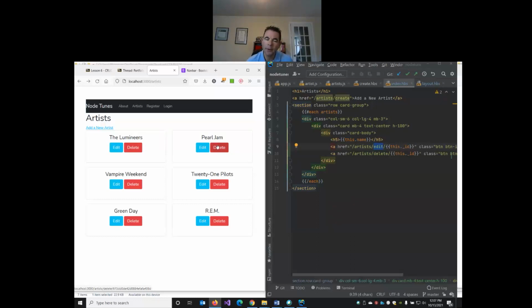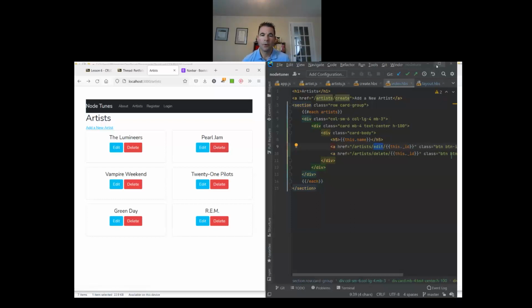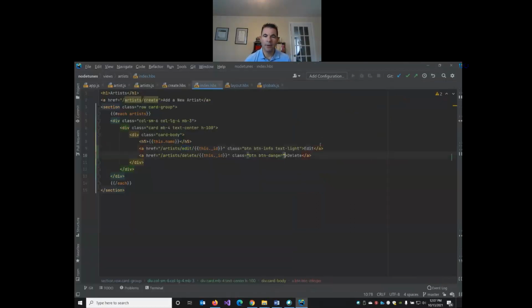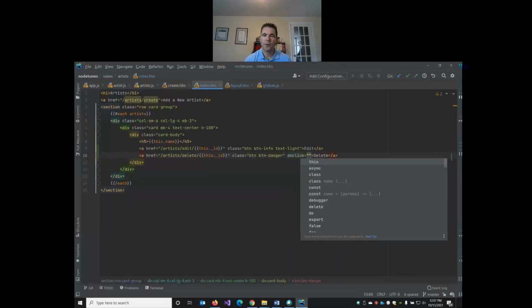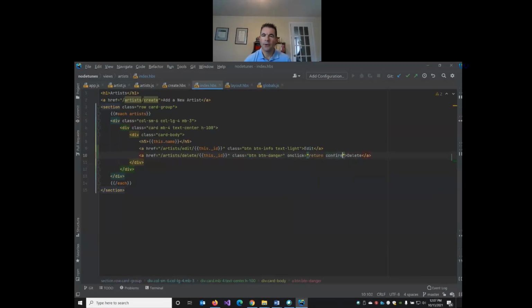We should also use a little bit of JavaScript. We don't actually need a delete page. We could just pop up. We would have done this if you were in my PHP section. We click delete. It'll just pop open a little JavaScript confirmation. We can click OK or cancel. If we click OK, we're just going to delete it and refresh the page. So we're going to add a click handler here. On click equals return confirm delete. So we're going to call a JavaScript function,